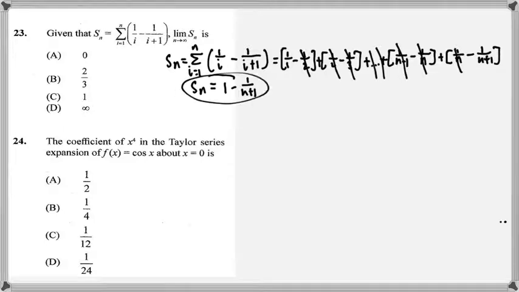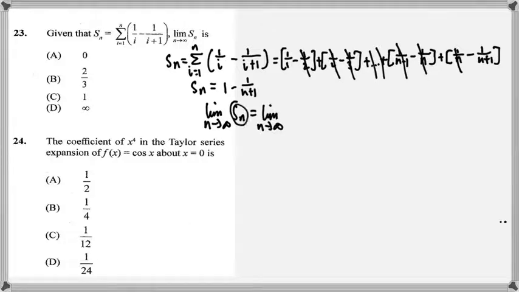Right? And now to find the limit as n tends towards infinity of this is so much easier. So that's what we could do now. We could say that the limit as n tends towards infinity of S subscript n is equal to the limit as n tends towards infinity